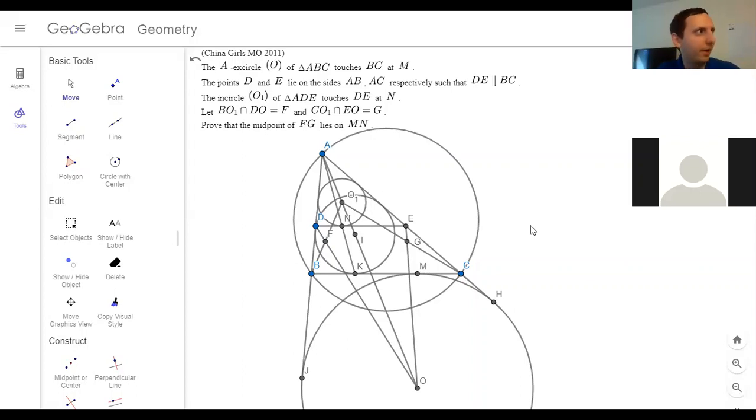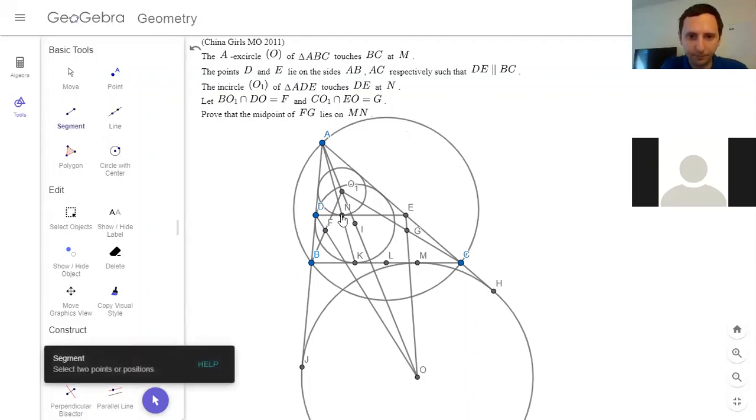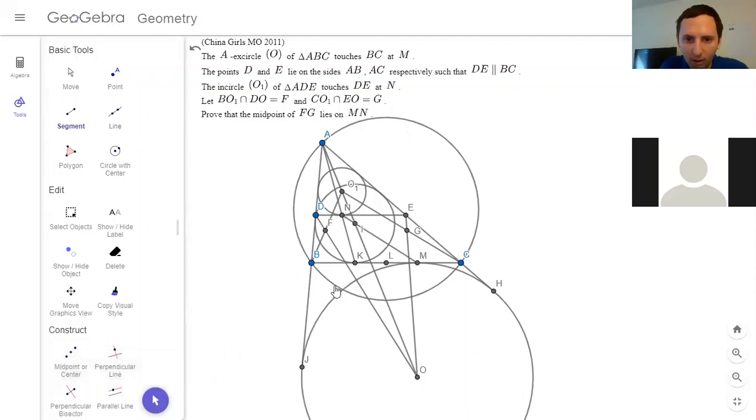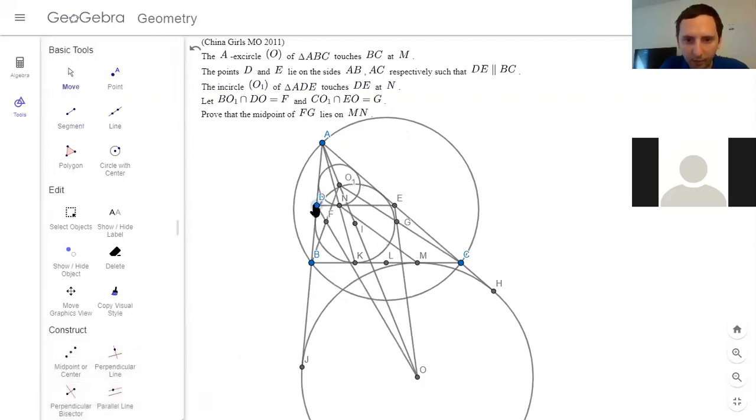And then once we know that, let me draw the midpoint of BC, and then the midpoint of MN. So it's kind of like, are N, I and M collinear? No, that just looks like a coincidence. But